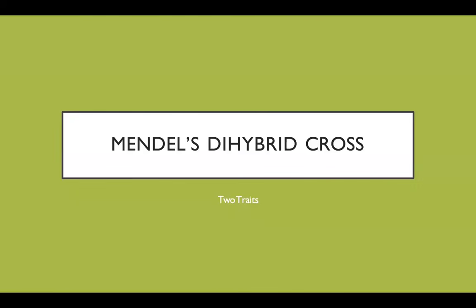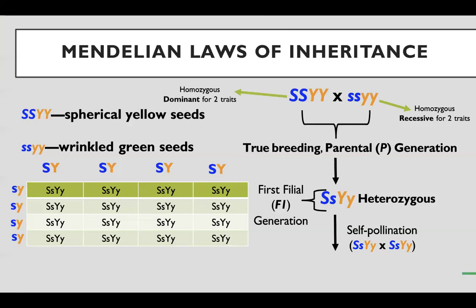Now we're going to talk about dihybrid crosses. A lot of students struggle with dihybrid crosses, and typically you won't need to actually make a dihybrid cross yourself, but on the off chance you do, I'll explain how. So what is a dihybrid cross? A dihybrid cross is a cross to find a generation, but you want to look at two traits rather than one. If you're looking at two traits, you're looking at two genes. If you're looking at two genes, you're looking at four alleles because there are two alleles per gene. So you're looking at four alleles total of one parent, four alleles total of another parent. 4 times 4 is 16. You will have 16 possible combinations.